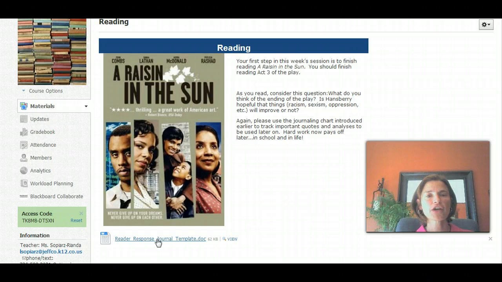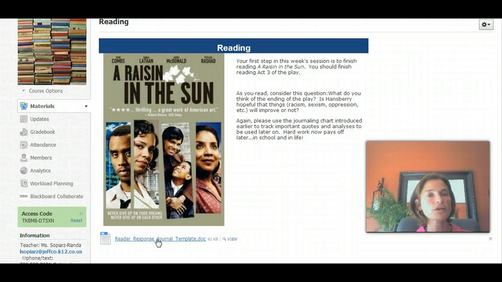Be sure that you use this template. Include as many quotes as you feel are pertinent to this session, why you think they're important, why you included them. And believe me, if you've been doing this throughout the unit, then you will have no problem writing your essay next session. That's right, I said essay.